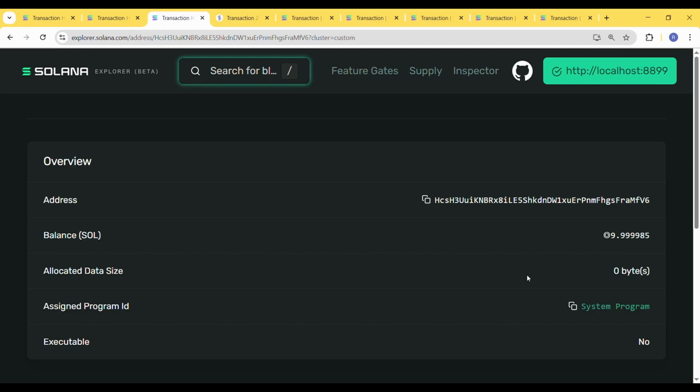So for each key pair that signs a transaction, there is a 0.000005 fee, so it's just a multiple of that. So more signers, more fees. So that's all for this video, and in the next video we'll be exploring